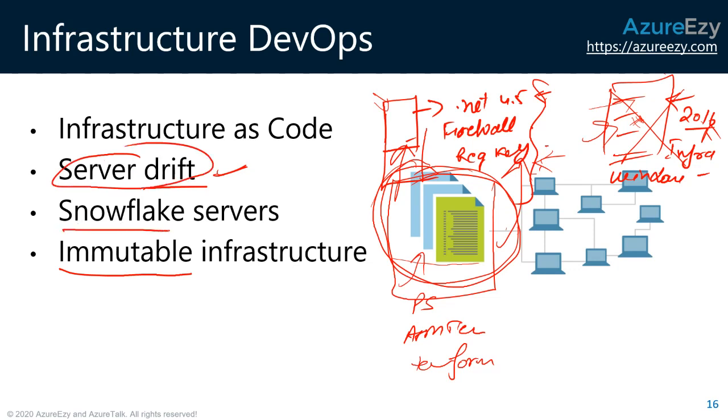There is another problem which is the Snowflake server. I will come back to that particular problem, but the immutable infrastructure concept says that you don't really have to make these manual changes. You do everything in a script, deploy that. If at all something happens, you redeploy it using this script itself. Any unknown change happens because of some update, or because of some manual intervention, someone has the access, he went there, took the RDP, he uninstalled the .NET framework itself. No issues, I'll redeploy this script. There are various techniques that infrastructure engineers have to deal with, but this is what happens.